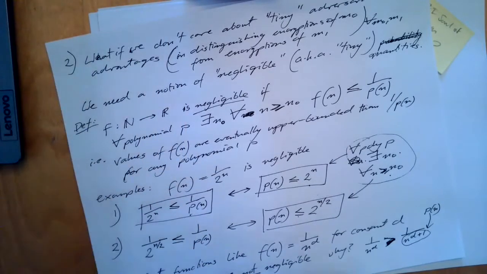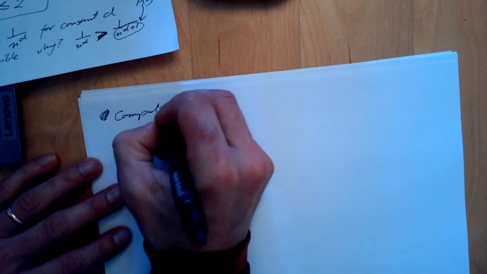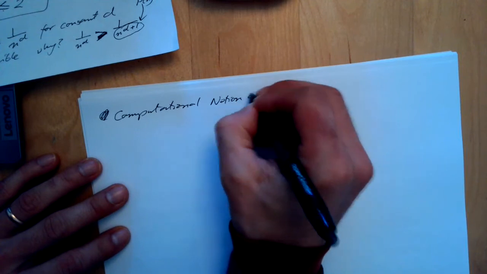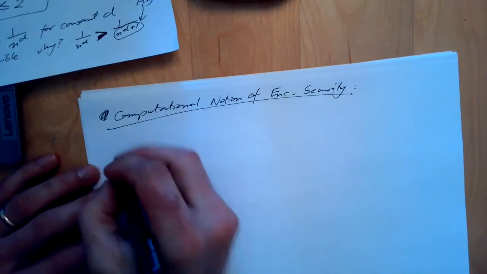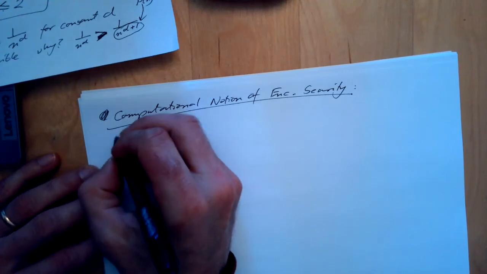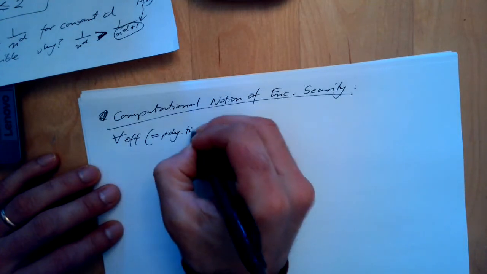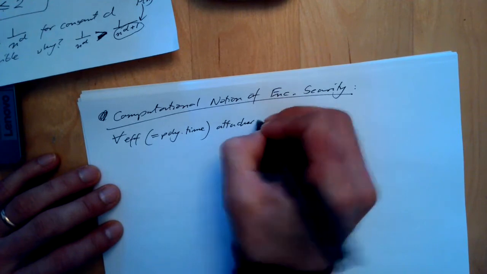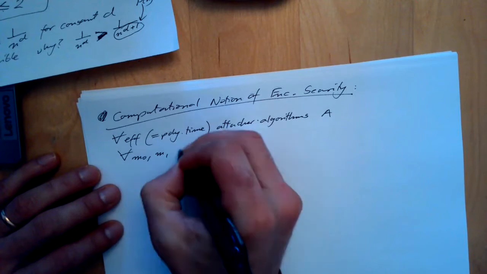Okay, so that's an exercise. Given this notion of what's negligible, I will finish by saying this. So here is the computational notion of encryption security. I'm just taking both of the constraints that I was talking about today. It says: for every efficient, meaning polynomial time, attacker algorithm A, and for every messages M0, M1 in the message space,